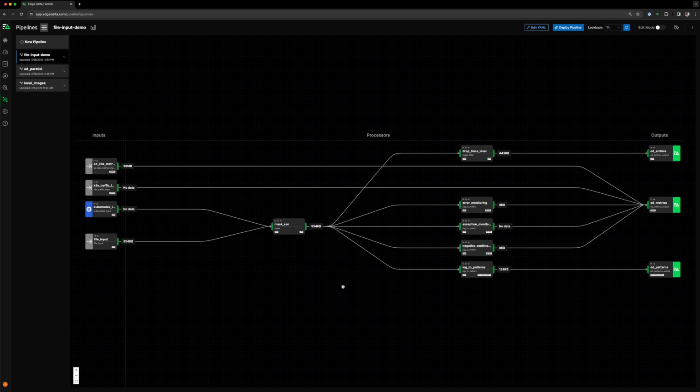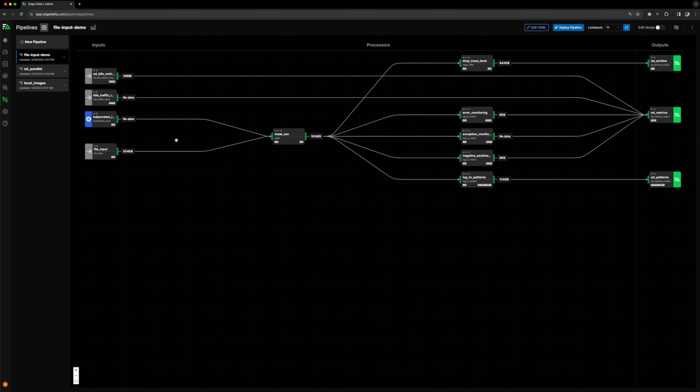And I'm going to configure it with a regex that identifies email addresses. This is a good spot for the mask node. All of my log data is coming from this file input, and it's going to go through the mask node, have any email addresses obfuscated, and then proceed through the regular default pipeline. To start, I enter edit mode,